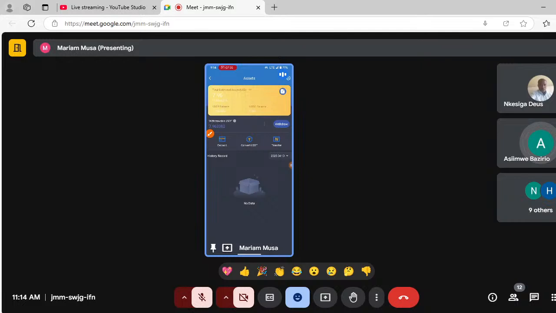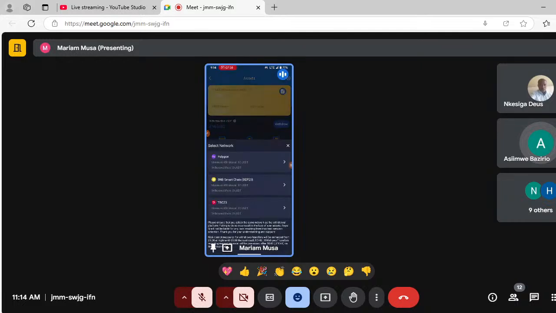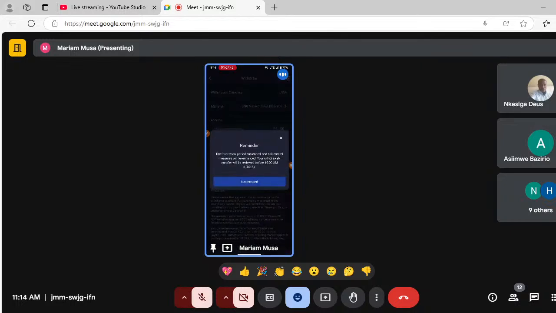So you come to withdraw. Here you select the network you chose. From Binance, we chose BNB. You come and select BNB Smart Chain. In Royal Q,